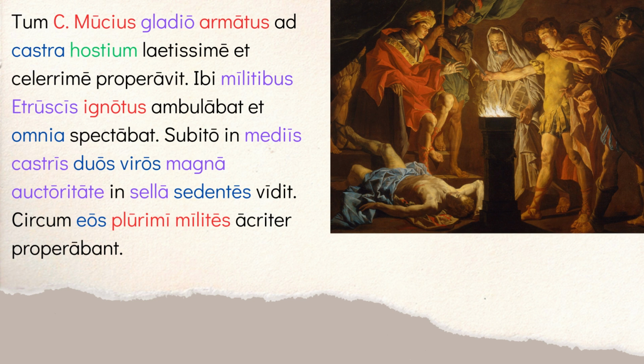He's going to have the nickname Scaevola. In the previous video, he had just asked the Roman Senate if he could go off and sort of attack the Etruscans on his own because they're under siege. So you have then Gaius Mucius, right? Remember, the C is really a G here in Latin.